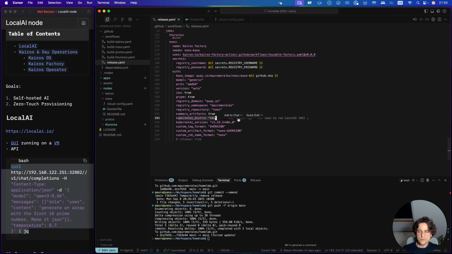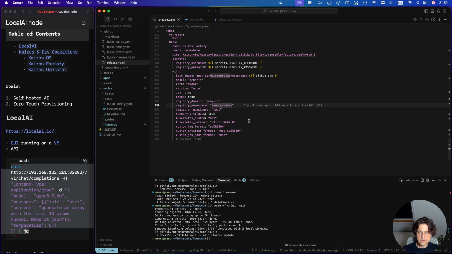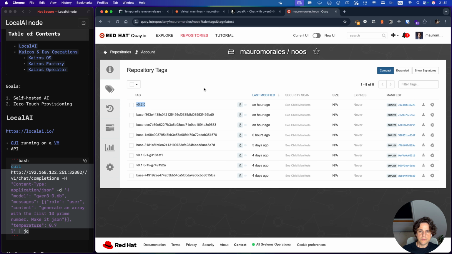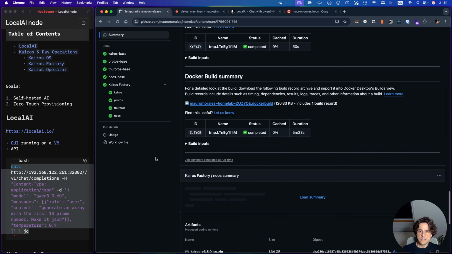I also tell it to install the Kairos distribution of Kubernetes in this version and some other details that you can read more about in the reusable Kairos factory action. And that is pretty much it. Whenever this runs, it ends up producing these artifacts that I can use. And that's pretty much it. That's how you can have self-hosted AI